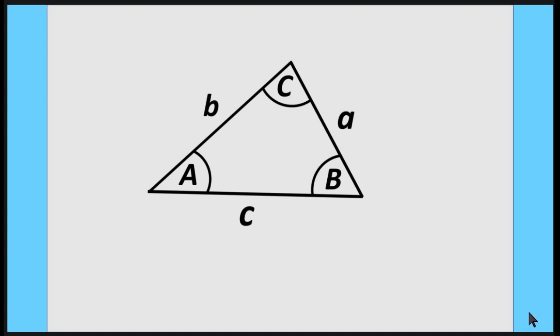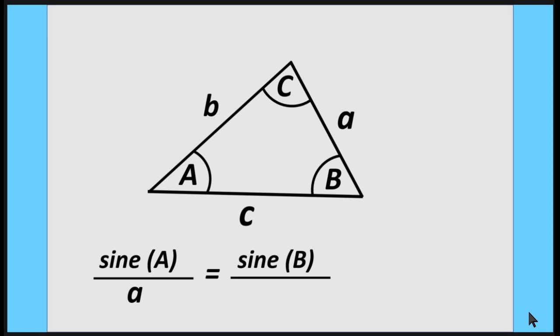b, and c. Now the law of sines says that if we took the sine of the angle A and put it over the length of its opposite side, A, or the lowercase a, this ratio is equal to the sine of the angle B over the length of its opposite side. And it's also equal to the sine of the angle C over the length of its opposite side, which is